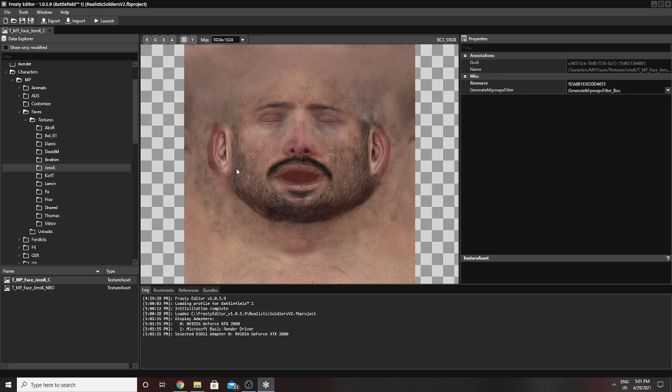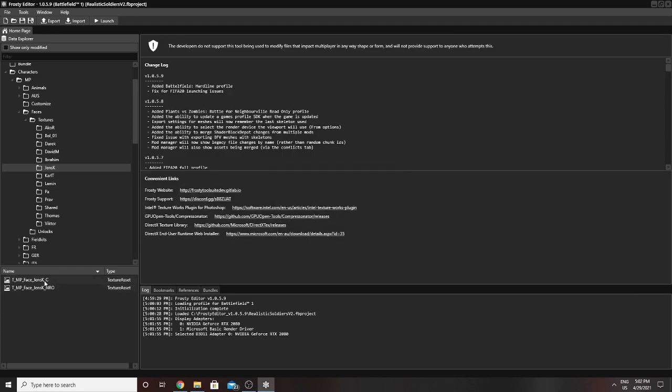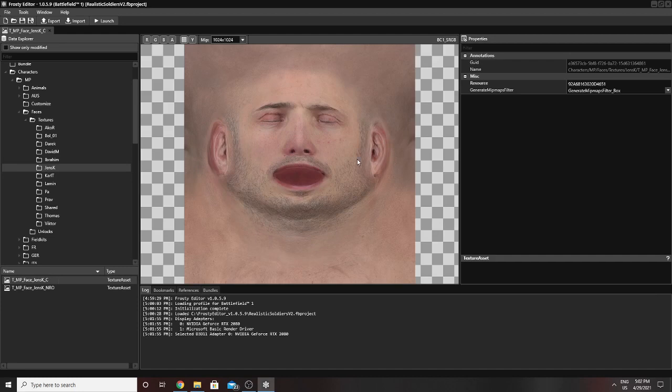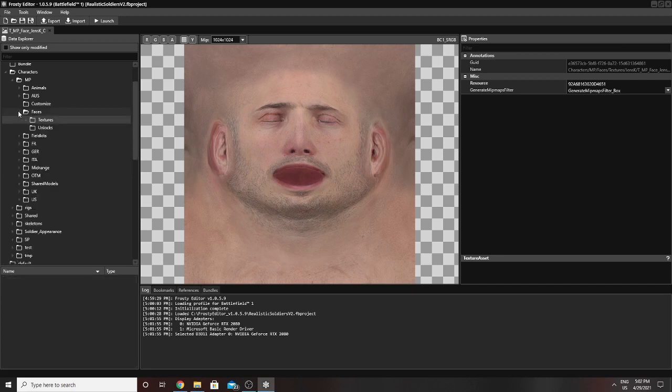This is his current texture, what he'll look like in game. And if you want it to be the base game, what you're going to want to do is right click and then hit revert, and then you can see now he's going to look like what he looks like in the base game. That's something you can do with the faces, not too difficult. Alright,